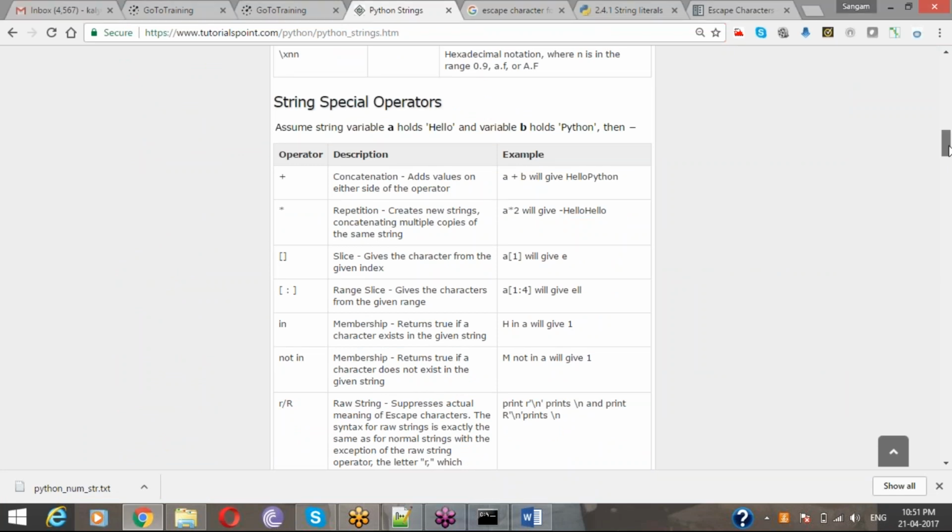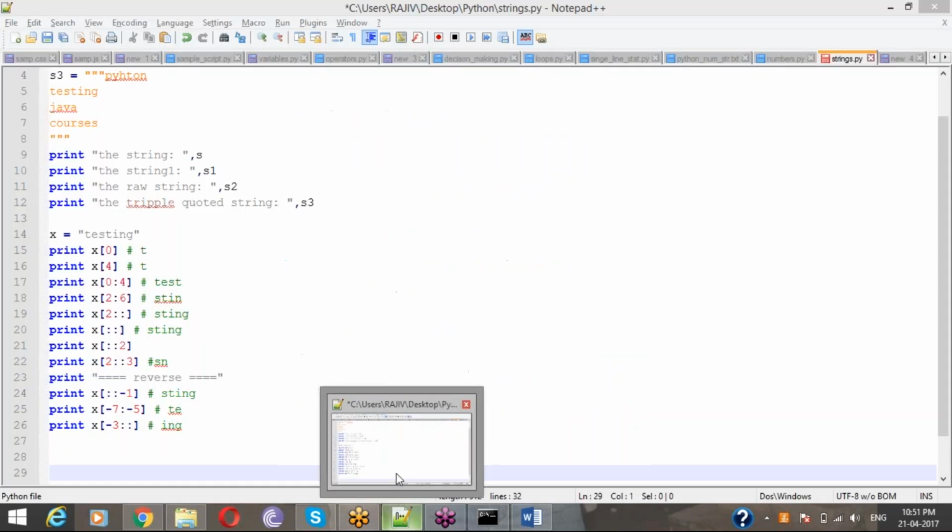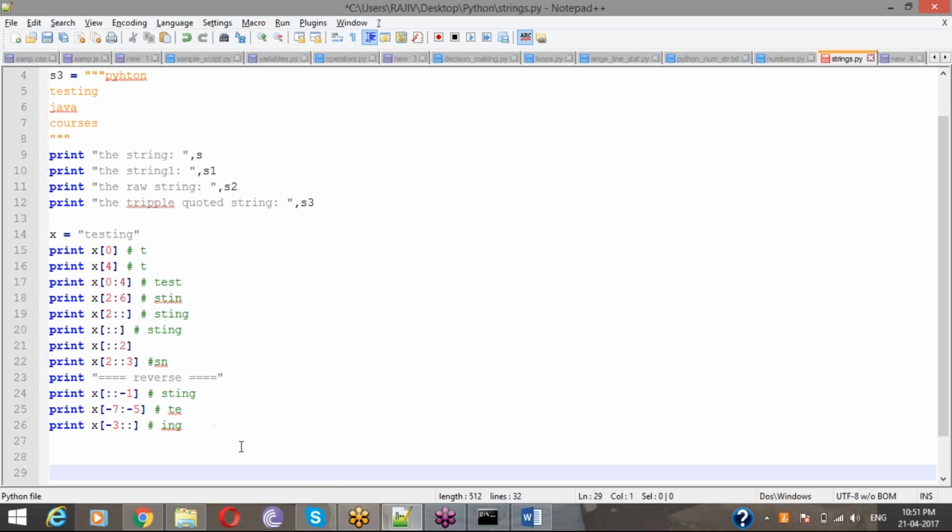Similarly we have string special operators. Those are like this. The first operator is plus. If you want to concatenate two strings, we'll use plus. If you want to join two strings like this,